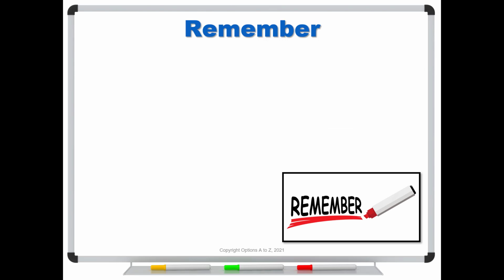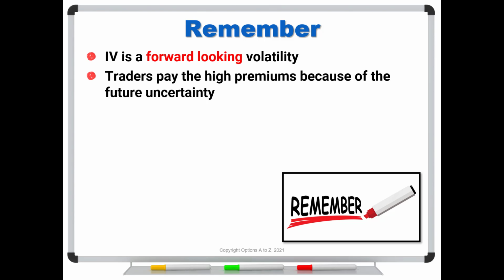So the thing to remember is that the implied volatility, that number that we saw, that 70% figure, is a forward-looking volatility. People are willing to pay that rate only because they don't know the future. They're paying this excess premium for the right to walk away. Remember that an option is also an insurance policy. So yes, we're going to be better off maybe losing 8 instead of losing far more if we buy the stock. And because of all of this uncertainty, we're saying, you know what? Yeah, I used to be willing to pay 2, but today I'm willing to pay 8. So we're willing to pay the high premiums because of the future uncertainty. That's what implied volatility is.